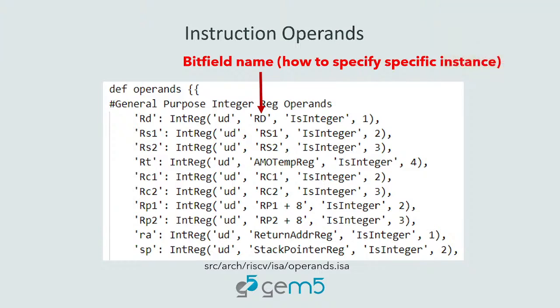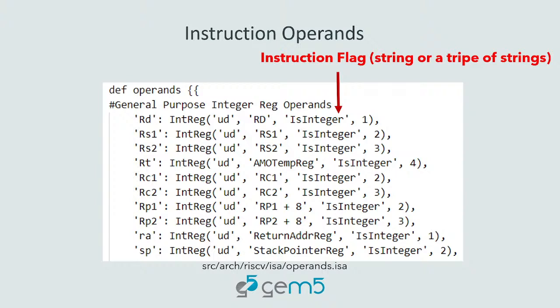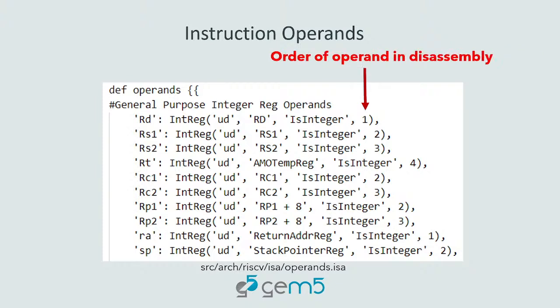But then the next element is the bit field name. It specifies, out of the 32-bit instruction, to access this particular operand, what part of the field or the instruction you are going to be using. Then the next is the type of the operand. Like if it's an integer register, this type is just a string, integer. It could be a memory operand, could be a float operand. And then the last thing is, if you disassemble this instruction, in what order do you want this operand to